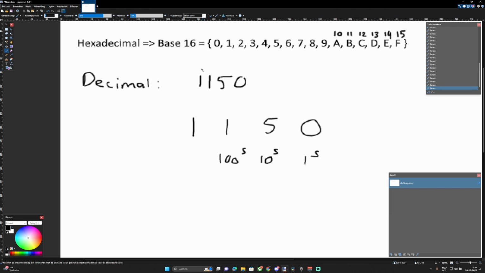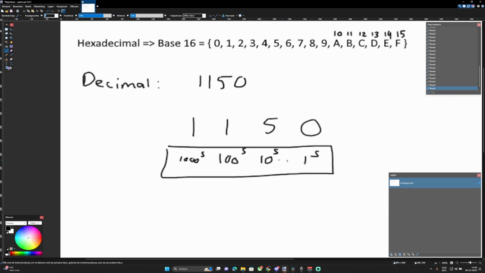And then the last one is representing the quantity of the thousands. And in this number, the digit 1 is in the thousands place, indicating that it's 1000. So the 1000s. And we can write this part in a different way. In base 10, decimal,